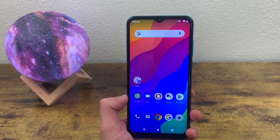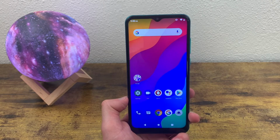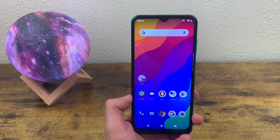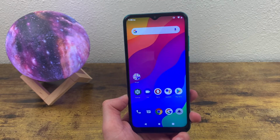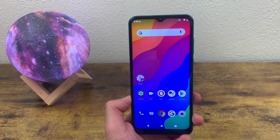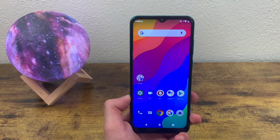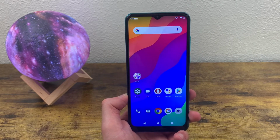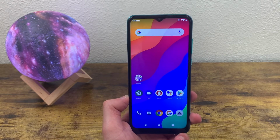Even though the display is only 720p, the colors still look decently bright, and resolution wise, the image doesn't look bad either. The best thing about this display is definitely its size. Having a 6.5-inch display, it's not the biggest one out there, but it's definitely on the larger side, which means you're gonna get a good experience with content consumption, whether you're streaming videos, viewing photos, reading, all that kind of